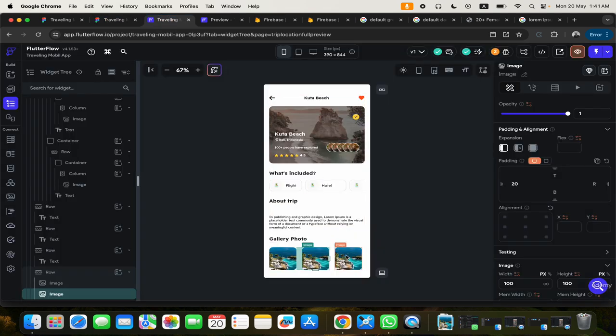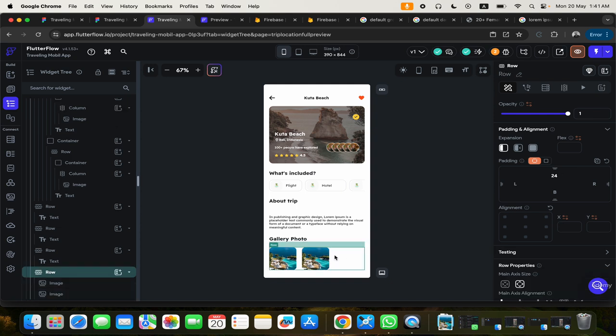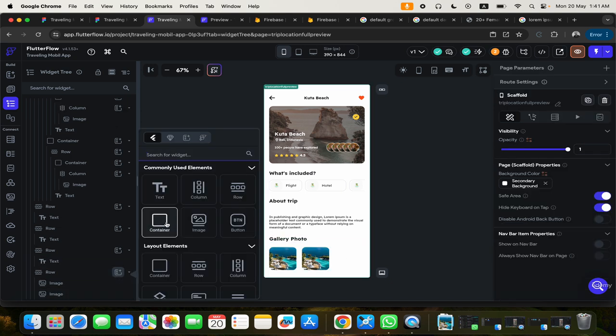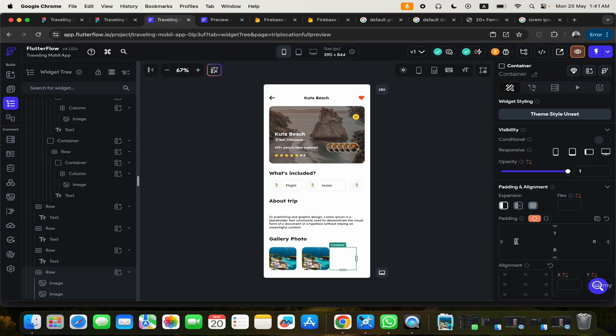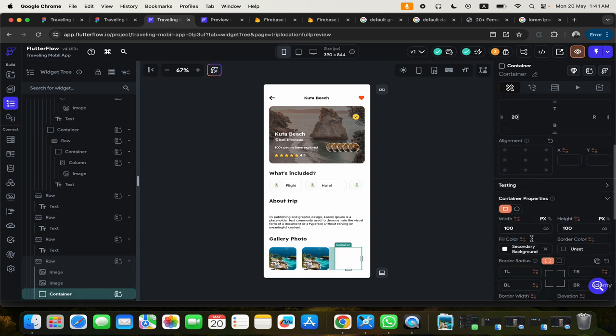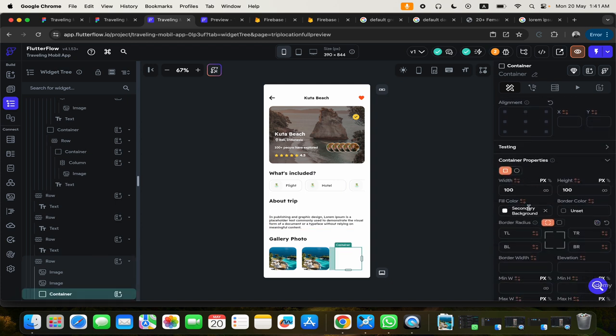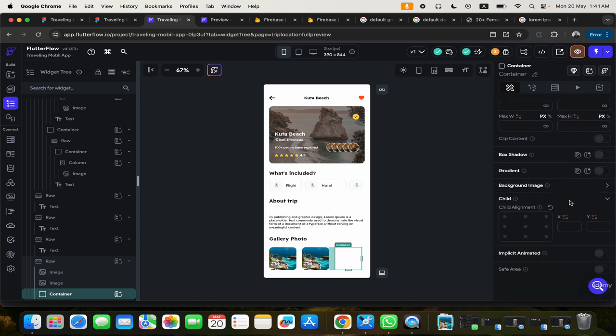And this one here is going to be, let's delete it and add a container. Yeah, container with a padding of 20, and then it's 100 and 100. Okay, that's fine. And the border radius is 15, and the